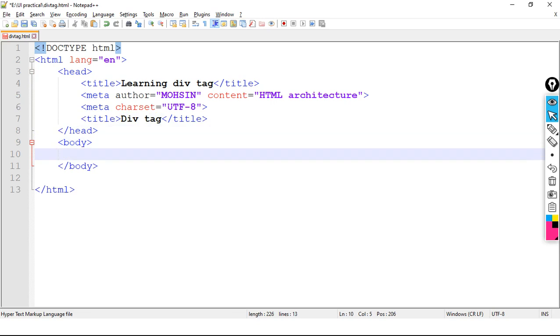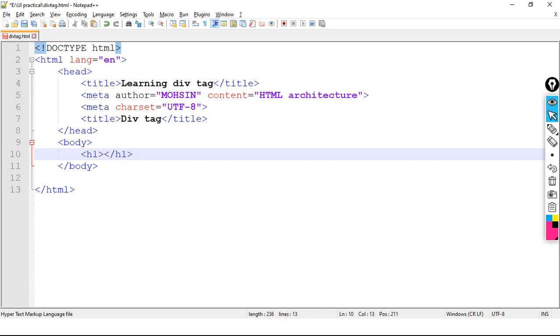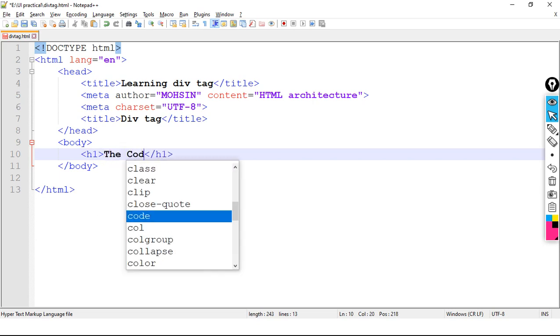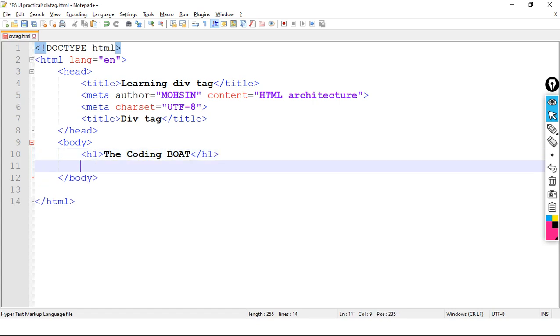Now come to the body part. We have h1 opening, h1 closing, and here we have The Coding Board. This is our heading.